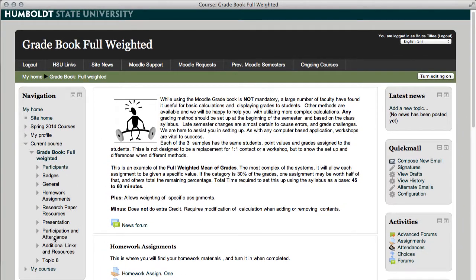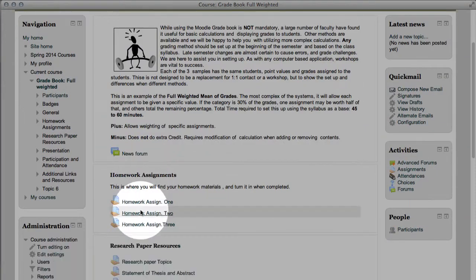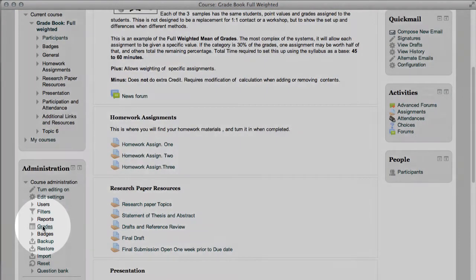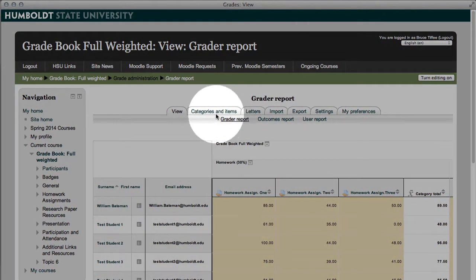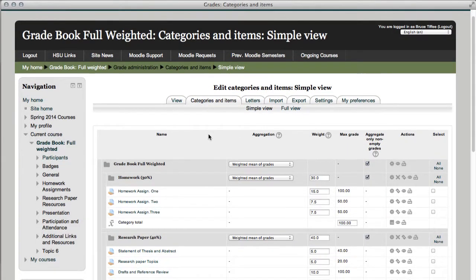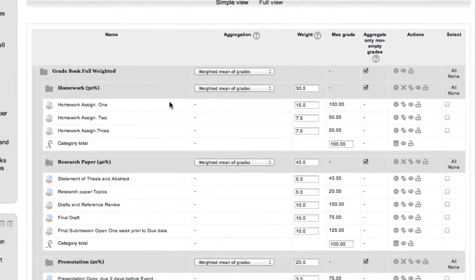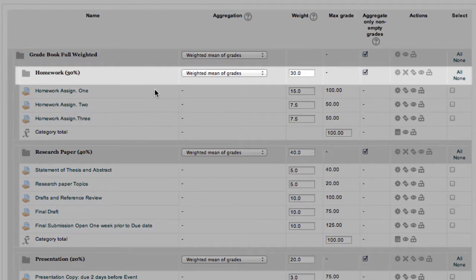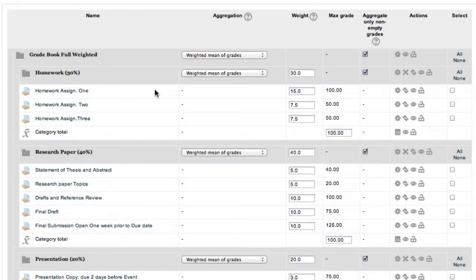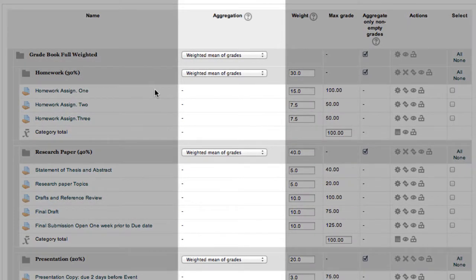Let's go to the left-hand column. Let's go to grades. And once inside the grades selection, let's go immediately to categories and items. And this is the same data we have used in all of our previous videos. We have our top category for homework. That category is worth 30%. As we look at the center of the page, we notice that everything here is set for weighted means of grades.